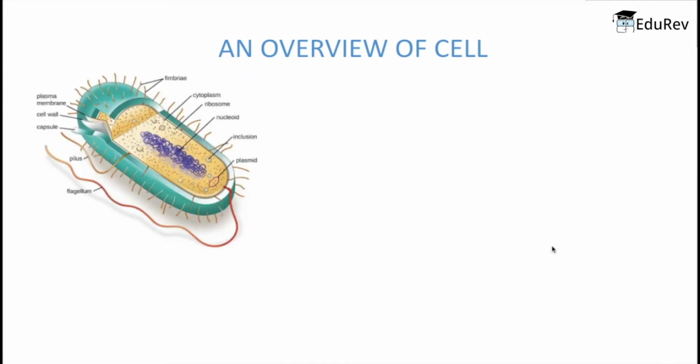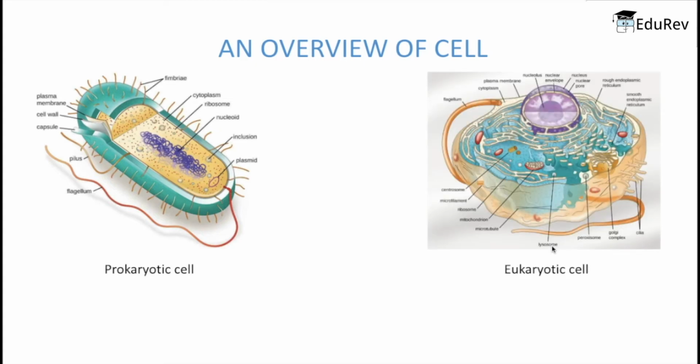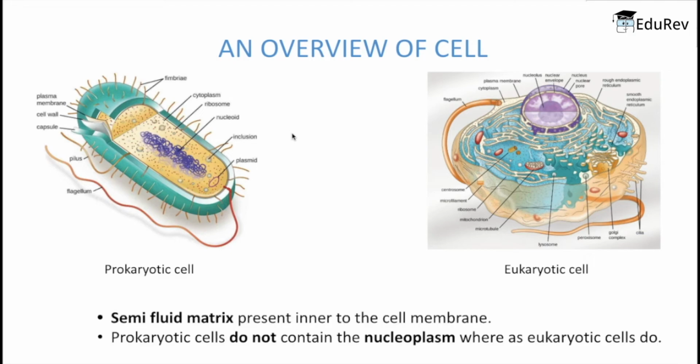Both prokaryotic and eukaryotic cells are filled with cytoplasm. Cytoplasm is the semi-fluid matrix, the yellow colored one present inside the prokaryotic cell and the blue colored one present inside the eukaryotic cell. The cytoplasm is present inner to the cell membrane. But in the case of eukaryotic cells,